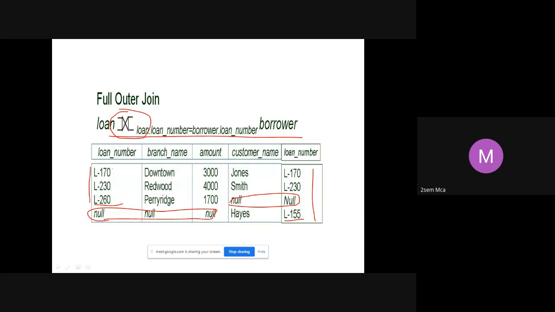In Cartesian product there is no condition at all. Here we have a condition, but we are retaining those records also where the condition is not satisfied. That is the difference. You cannot say outer join is the same as Cartesian product. No, not at all. Is it clear?